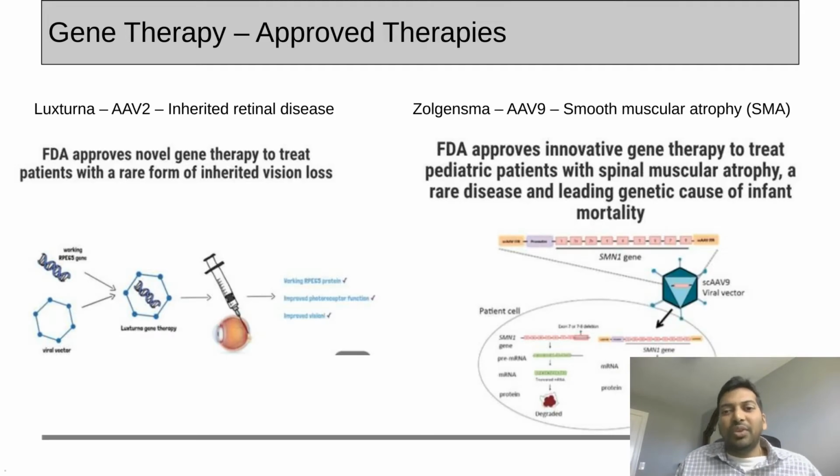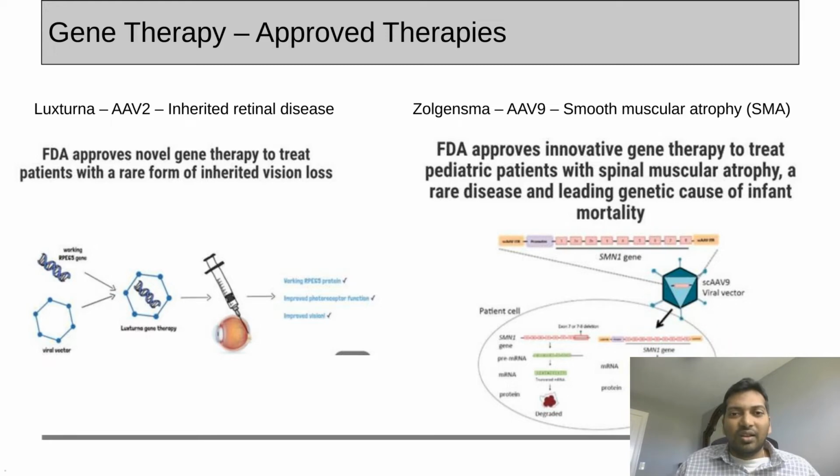So for the gene therapy approved therapies, there are two. The first one is Luxturna, which is an adeno-associated virus 2, primarily focused towards inherited retinal diseases. This has been approved in 2017. Ideally, what the gene delivers is the RPE65 gene, which is delivered into the retinal region of the eye,